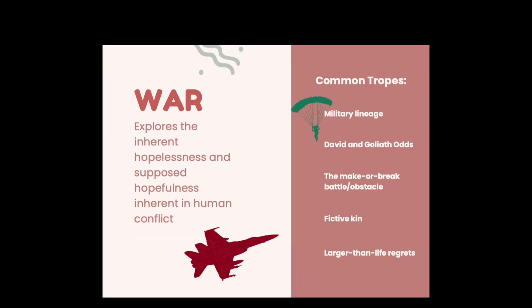When we're referring to military lineage, this is a situation in which you have a character or several characters who are second and third generation in whatever body of the military that they occupy. So they can be second and third generation Navy, second and third generation Army, and so on. And with that comes a certain amount of pressure to perform a certain way, to accomplish what previous generations, a father or a grandfather or uncle, accomplished. And that pressure can cause different behavioral traits or choices within the character.